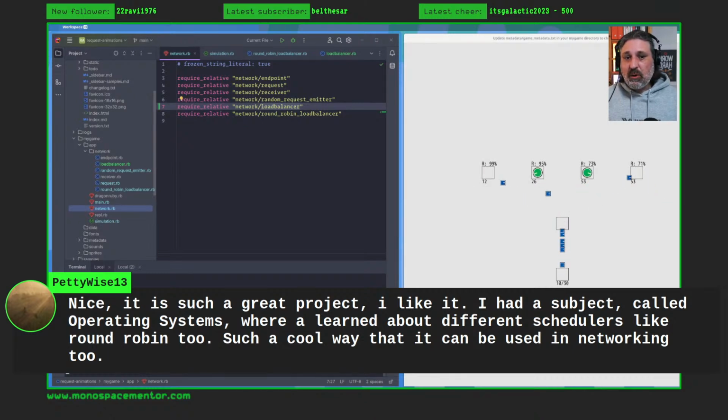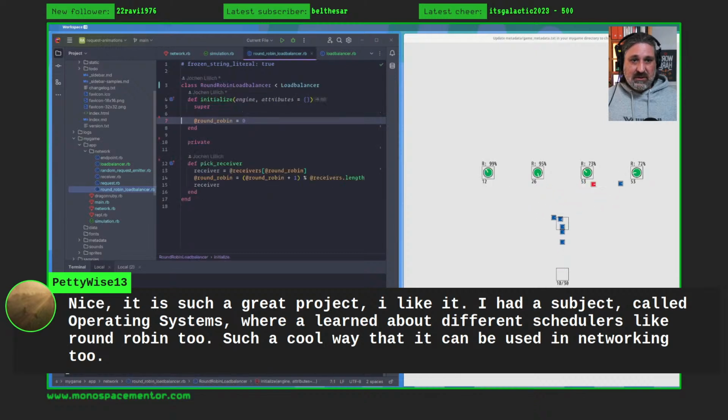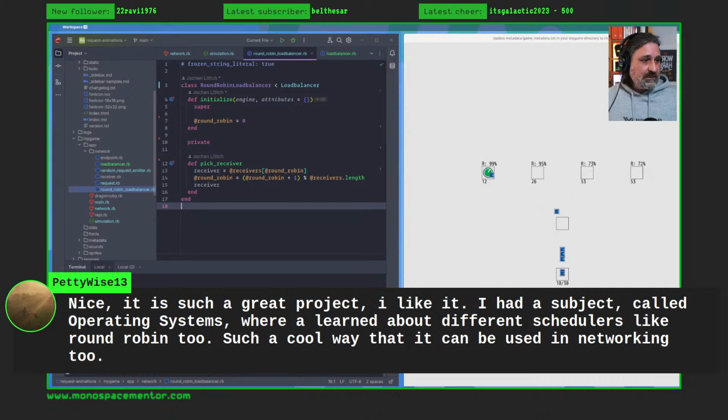Which means we can now build another load balancer that has a different distribution algorithm, like weighted round robin, for example. And that's going to be just as easy, because all we need to do is basically implement the pick receiver method here, and that's it. Which is great. And I think that's a good point to